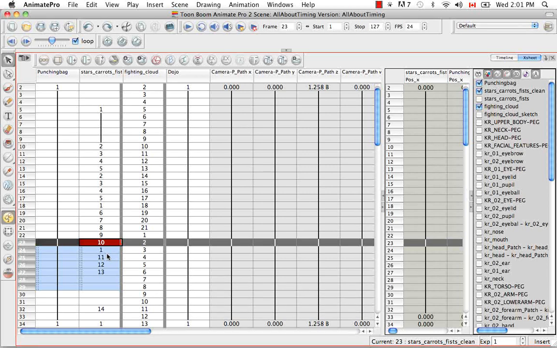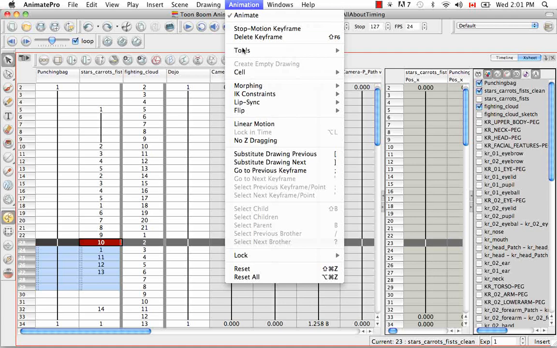You can also fill a selection with a sequence, and this sequence can be forward, backwards, it could be single, double, it can be a cycle, etc. So it can be many things. And once again, the selection can be over one cell, a cell range in one column, or a cell range in many columns. So first you have to select the range. So let's keep the range that we already have selected. Then you have to go back to the animation menu and select Cell,